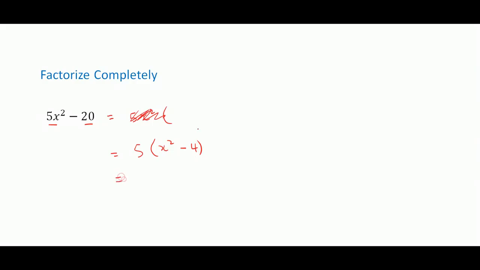But x squared minus 4 is the same as saying x squared minus 2 squared. And that is a difference of two squares. So this will be x plus 2 into x minus 2. So therefore the final answer will be